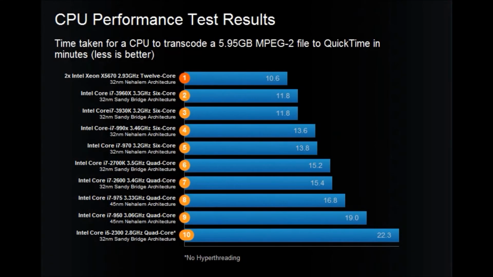This chart shows the time taken for different CPUs to transcode the same file from MPEG-2 format to QuickTime H.264 format, and it is updated on a regular basis, so it may not be identical to the CPU chart that is on Cerise.com. The first thing to note is that as you go up the graph, you can see that